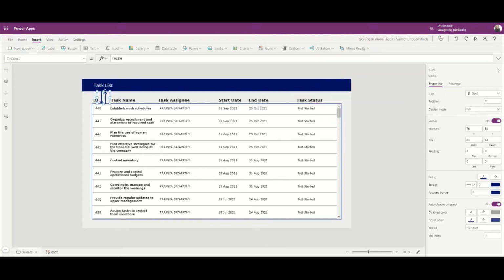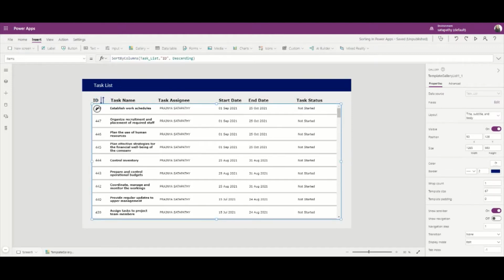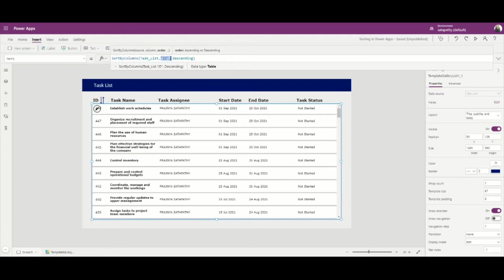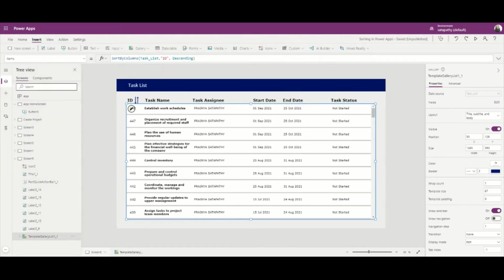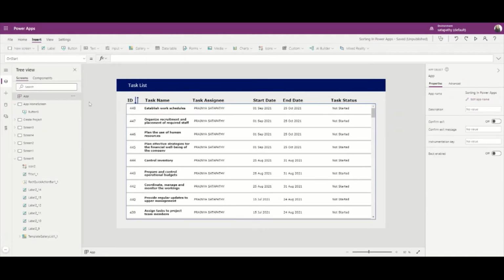In my previous video, I have already explained how to sort the gallery by a single column. So for now, this gallery is sorted by ID. When we sort any data, we always have two constraints: by which column we want to sort the data, and what should be its sort order. So for this, let's create two variables on the App OnStart. So let me go to the App OnStart